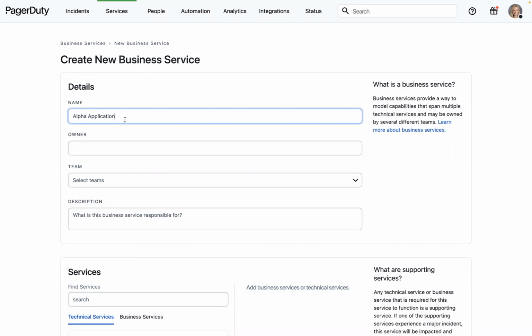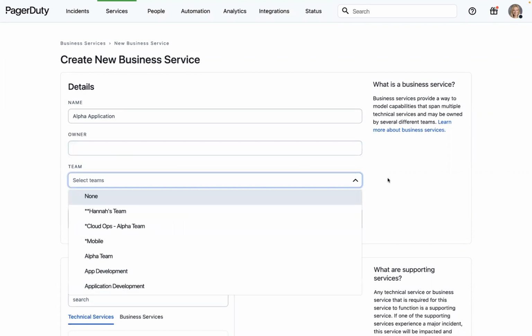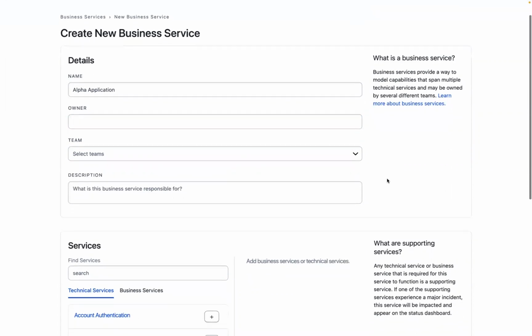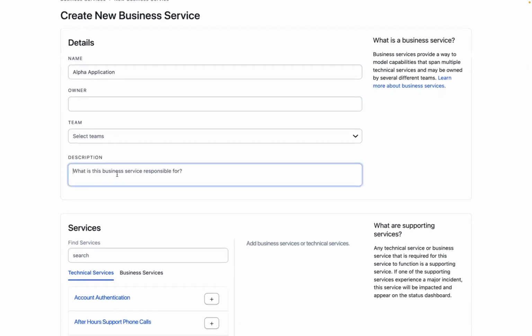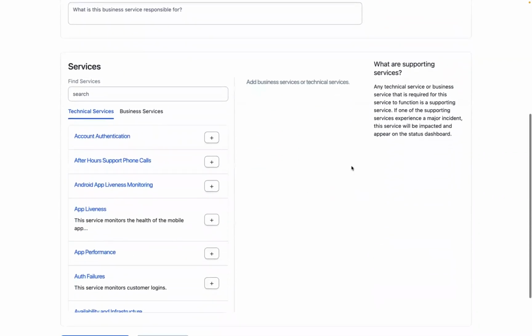So once my name is in place, I can go ahead and delineate an owner. This is a free-form field, and associate it to a corresponding team within my PagerDuty account. Further, I can add an optional description of exactly what this business service is responsible for. With those different pieces in place, again, they're all optional, we can now navigate down to our business and technical